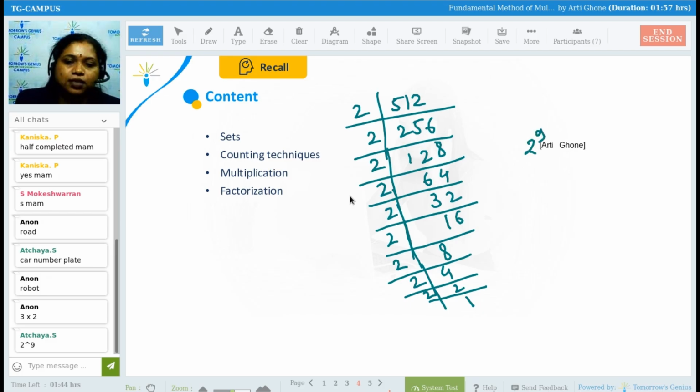So 2 raised to 9 will be the answer. Clear? So likewise, we need to factor it in terms of prime numbers. It may be a combination of 2, 3, 5, 7, or of 11, 13, 29. Clear? So we need to factorize in terms of prime numbers. I have shown the calculation for a very simple figure, that is 512. It is even, so we are able to make a factorization. This is one kind of factorization, and another kind is the one you know in terms of identities, but